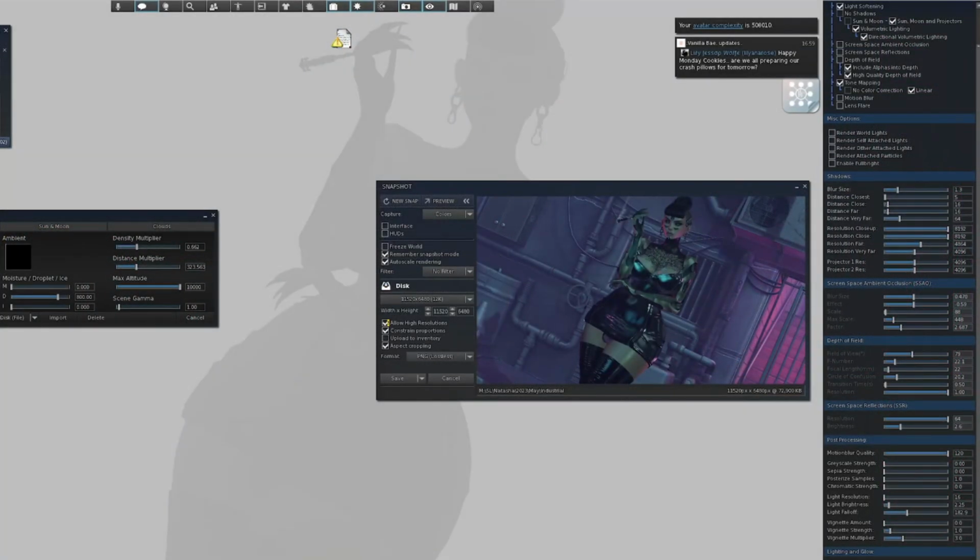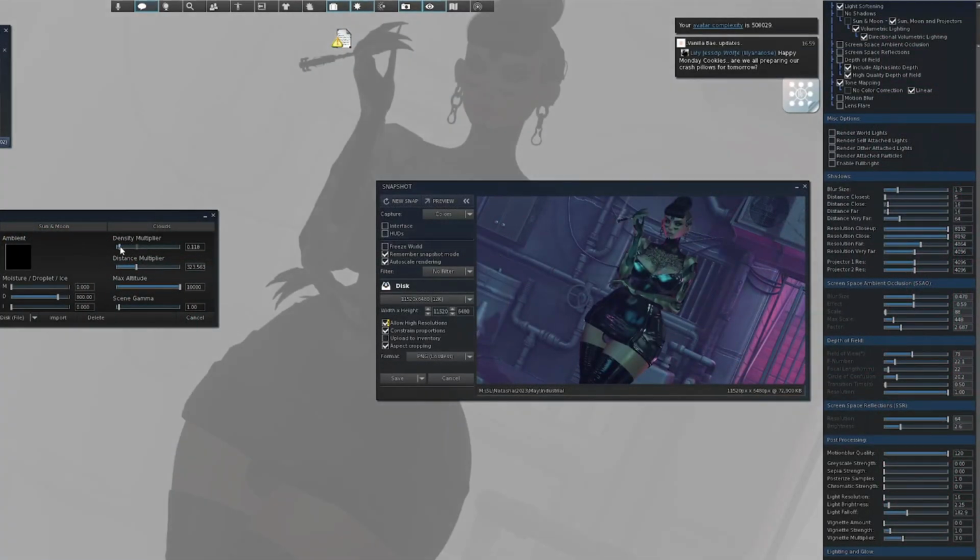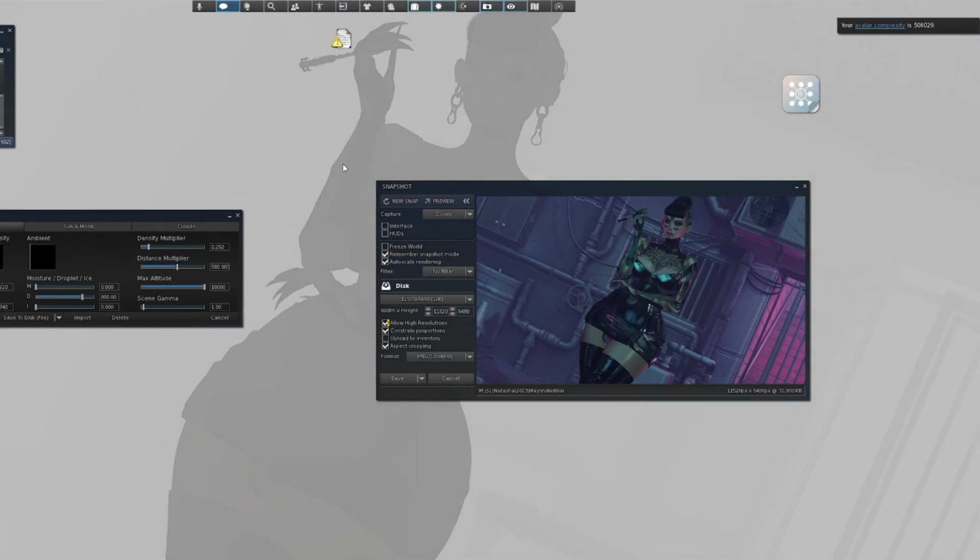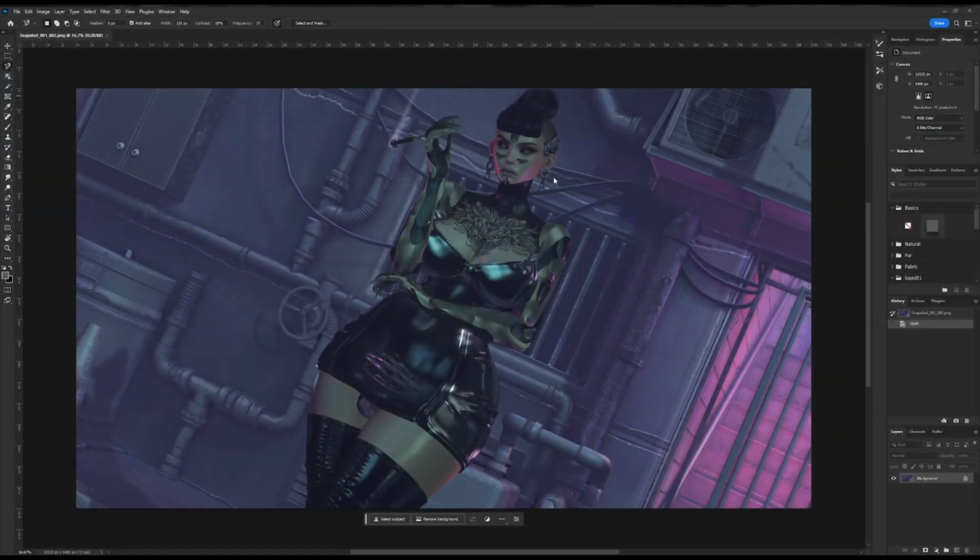All you have to do is really change these sliders here, so the subject is darker and the background is the brightest it can be. Then after you're happy with that, all you just need to do is take the image. So here we have our image loaded into Photoshop, and all we need to do now is import our depth shot,